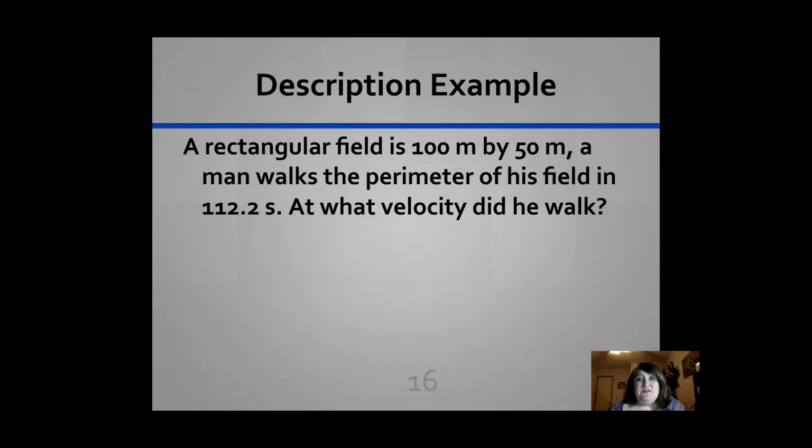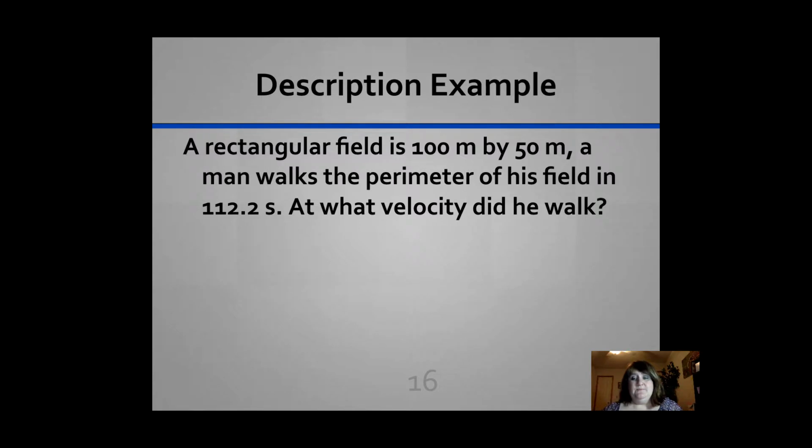A description, right? This is the same problem we had in the other video. A rectangular field is 100 meters by 50 meters. A man walks the perimeter of his field in 112.2 seconds. At what velocity did he walk? This is what I should see on your paper from these